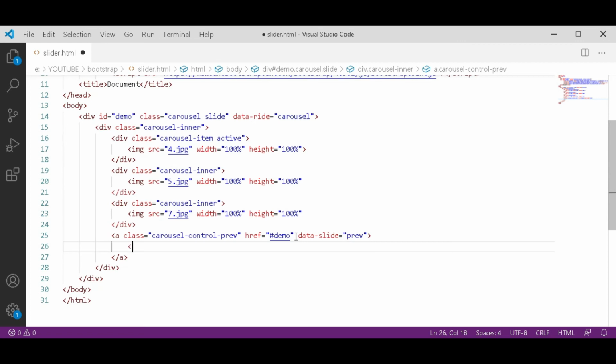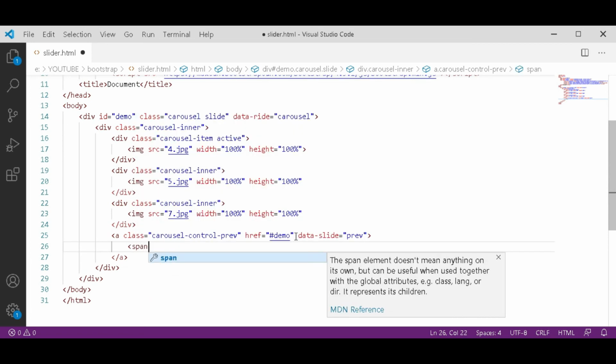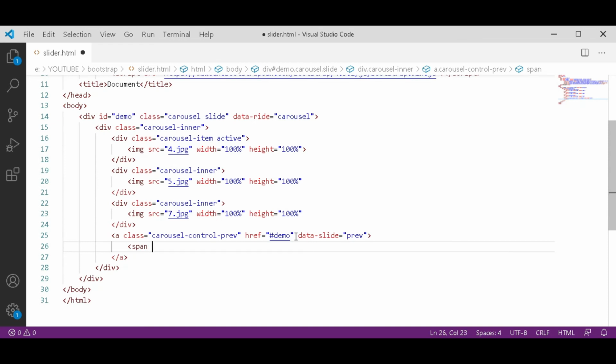In this, open a span tag. After that A tag, open the last tag of link.